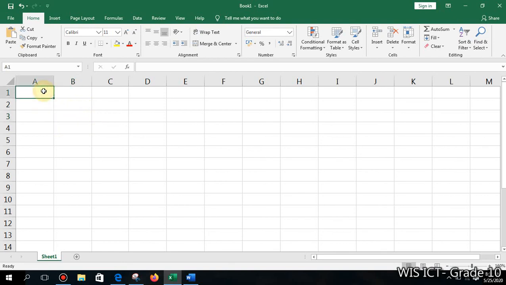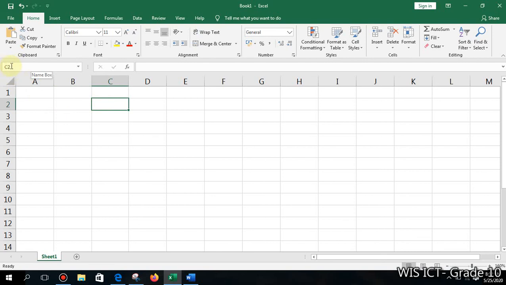Now any cell you click, there is a method of identifying these cells individually. This cell is called A1, not 1A. This is called A1. This is called C3. This is called B1. Naming is very important. You should know how to call a cell when you are performing calculations. And this place always shows you whatever current cell you have clicked. Now you can see this is showing you C2.